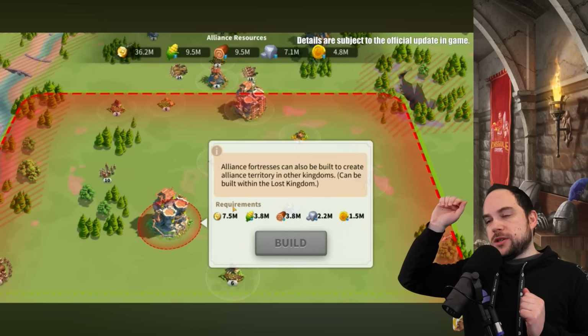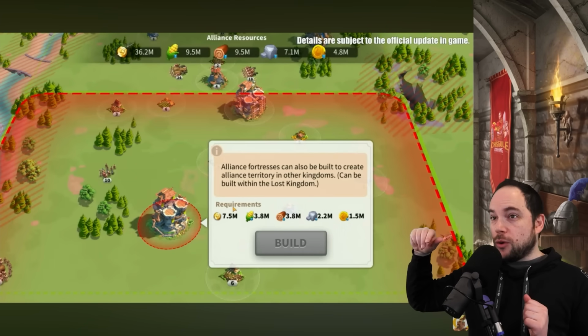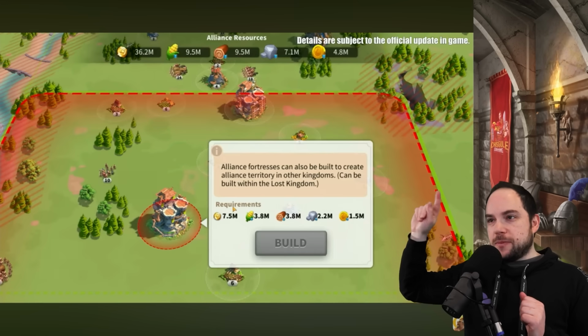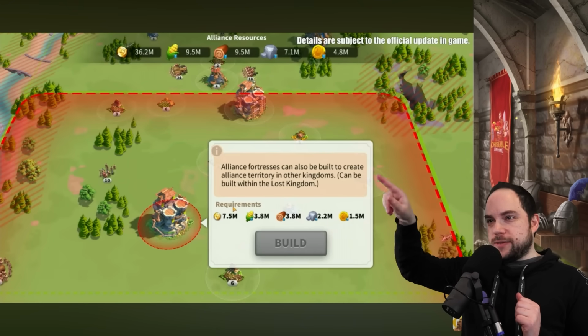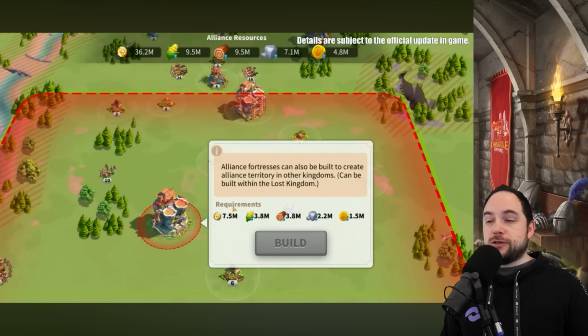So the base of a fort cannot be overlapped by the territory of another fort. So you've got that fort up top, and they're trying to build this other fort, and the territory of the fort they're trying to build covers the base of the original fort. You can't do that. It's going to make it slightly better to fight against forts in KVK, which I think